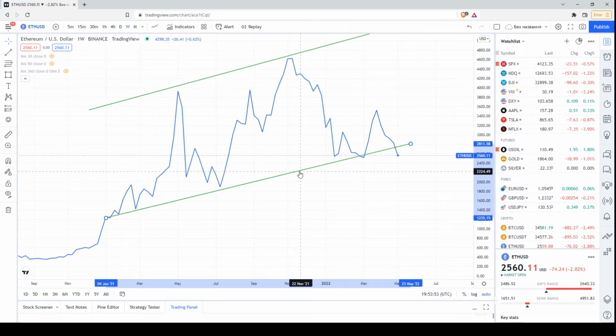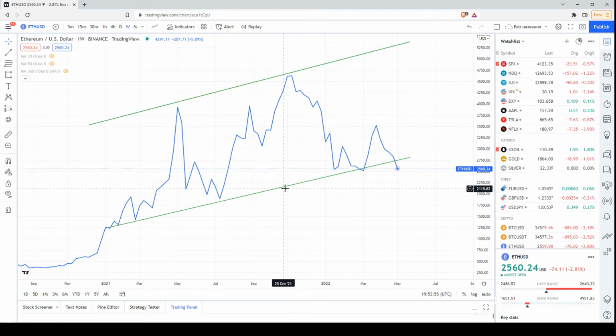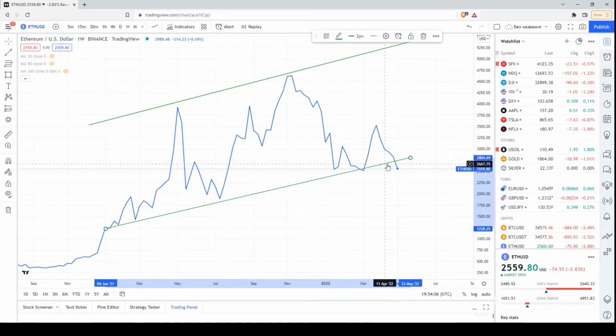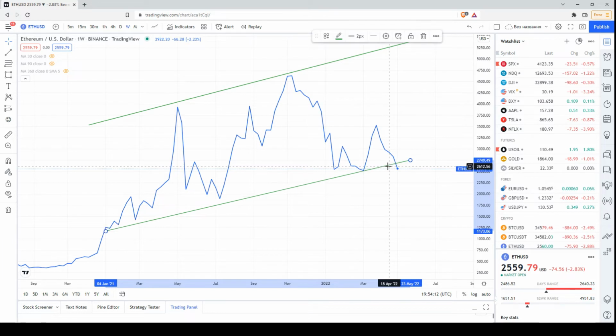So this is the potential ascending channel or uptrend, because we still have this sequence, to some extent, of higher lows and higher highs. But now the price is testing the validity, let's say, of this potential ascending channel. That's why the bulls have to be very cautious, because it is a critical moment for the price chart